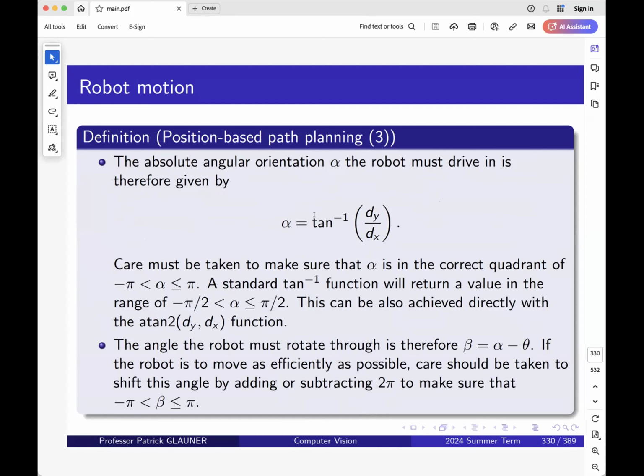Again, basic geometry, how to calculate this rotation we need to take. But it isn't that easy, because it could happen that you are rotating more than 180 degrees. Imagine you actually have your current position and the waypoint, and you would just have to rotate a little bit